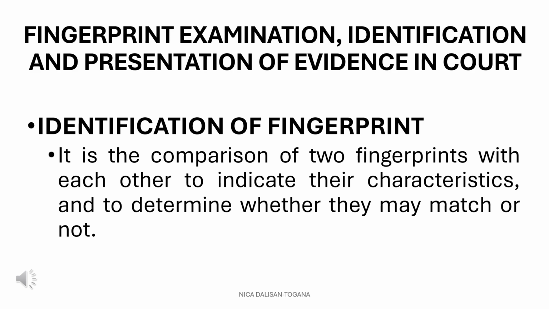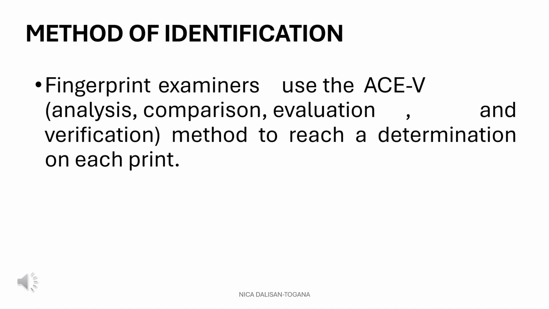Identification of fingerprints is a precise process used in forensic science to determine whether two fingerprint samples come from the same individual. It involves comparing the unique patterns and characteristics within the fingerprints and analyzing specific minute details to establish a match. Fingerprint examiners use the ACE-V method, which stands for Analysis, Comparison, Evaluation, and Verification, to decide whether two